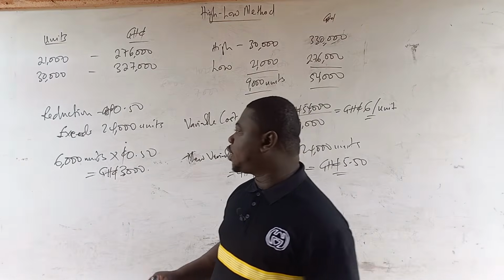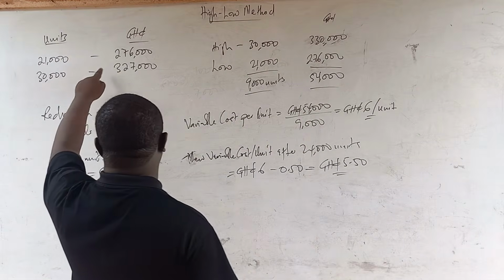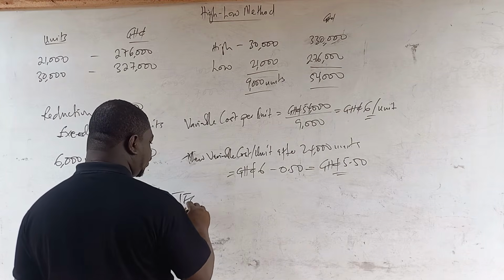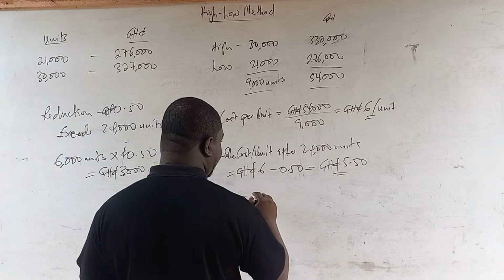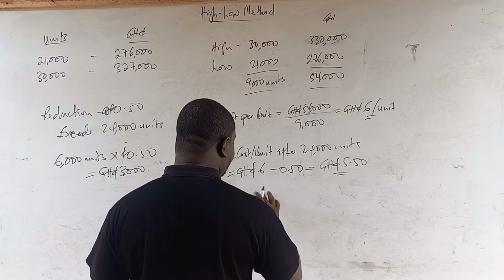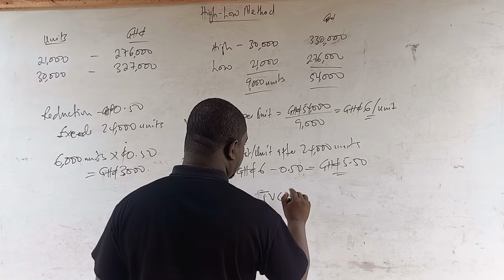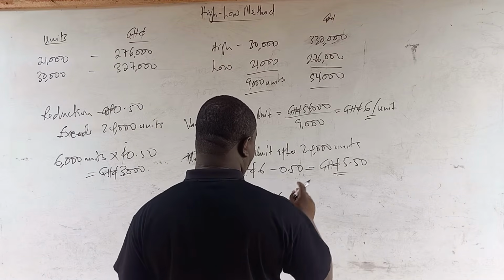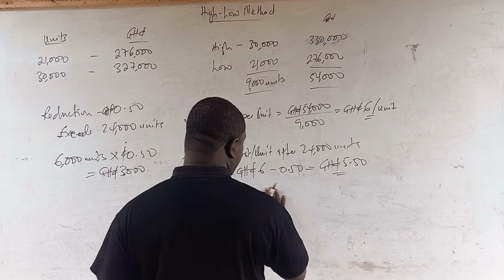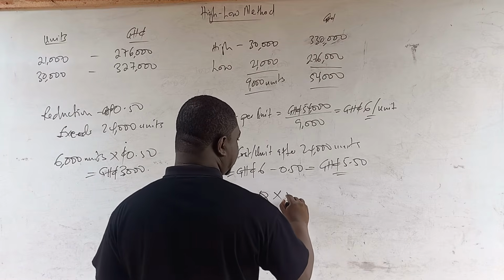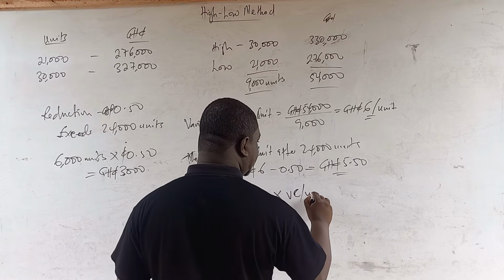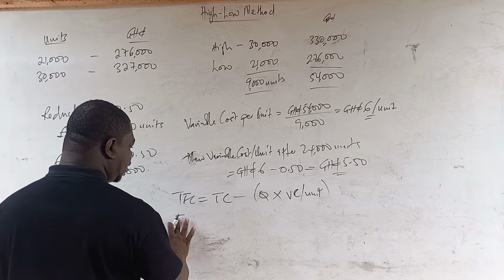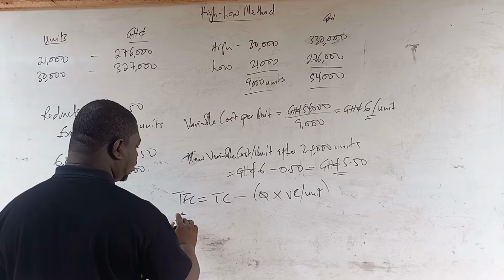So let us use the first unit, which is 21,000 and 276,000. Now we know that to find your total fixed cost, it is your total cost minus the total variable cost, which is made up of your variable cost per unit times the unit. So it's your quantity times the variable cost per unit. We know this equation already. Okay, so total fixed cost that we are looking for